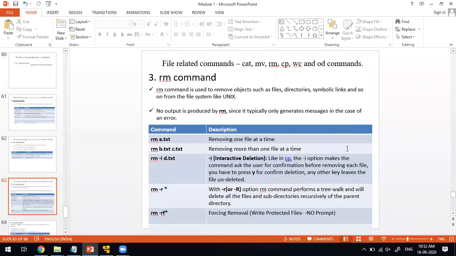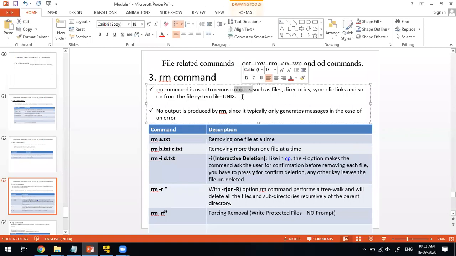The next operation is the remove command. This is a dangerous command in Linux. If you don't use it properly, you are going to lose all the information in your directories. What is this command rm? It is going to remove objects. Which objects will it remove?